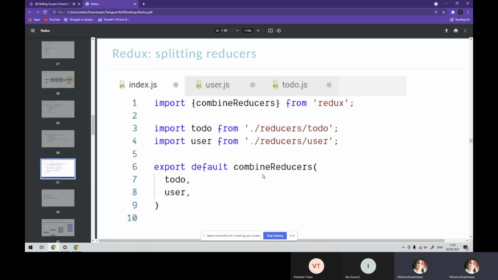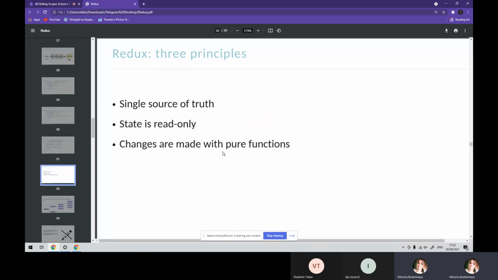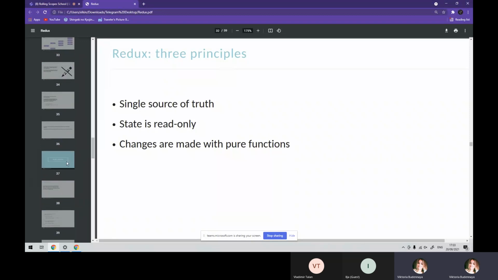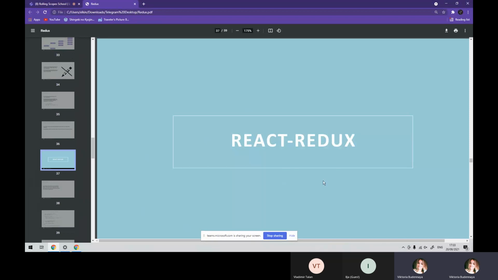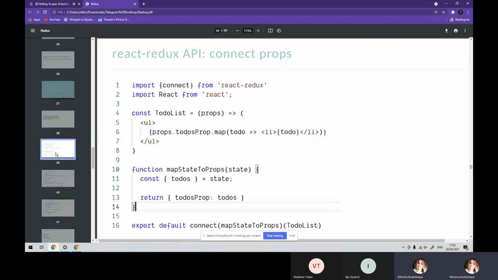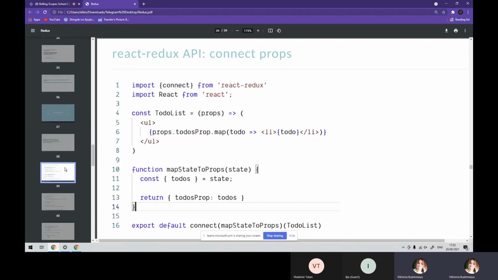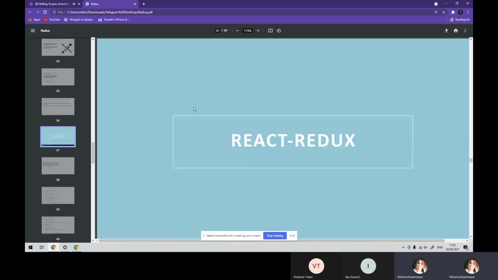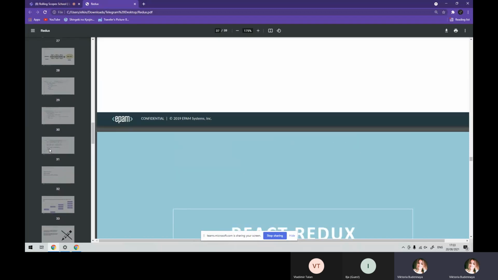So this is basically it for what is connected to Redux entities and stuff like that. In the next lecture, we're going to talk about principles of React and how they're represented in Redux itself. We'll talk about a certain library, React Redux, and how it can help us, because out of the box it's hard to think of how we can connect everything together. Redux is just a library on its own, it does not connect to React. We can connect Redux to Angular, to Vue, to an application that doesn't have any framework at all. It's just a library